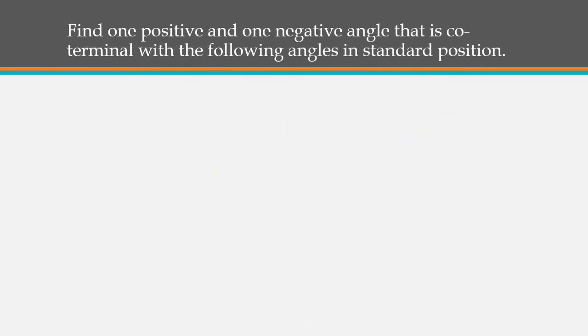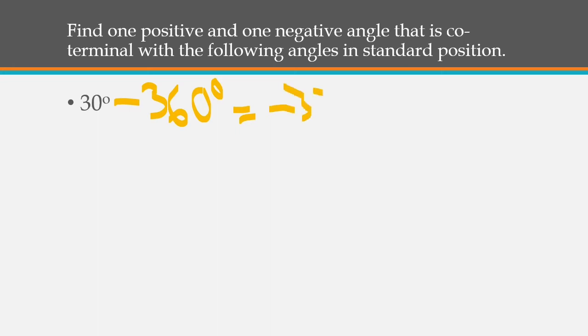So here we want to find one positive and one negative angle that is coterminal with the following angles in standard position. So first we have 30 degrees. I need a positive and a negative that are basically coterminal with 30. So how do we do that? Well, to get the negative angle, we would subtract 360. So you would go 30 degrees minus 360 to give you